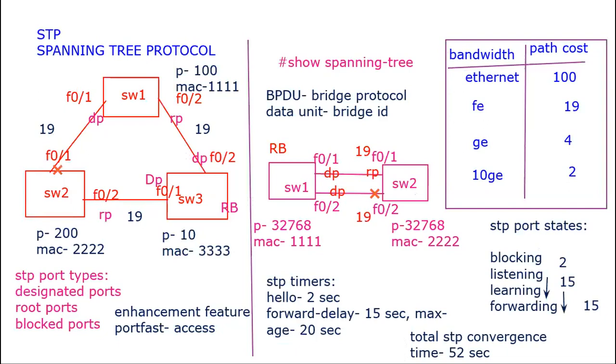But we do not have to do the labs for it. In spanning tree, what you have to focus on is the election processes. You should know how STP works and what the election processes are. Step by step, first is the root bridge election, then root port election, designated port election, and the blocked port election. For these elections, you should know how the root bridge, root port, and designated port are elected. Then the timers, the port states, port types,